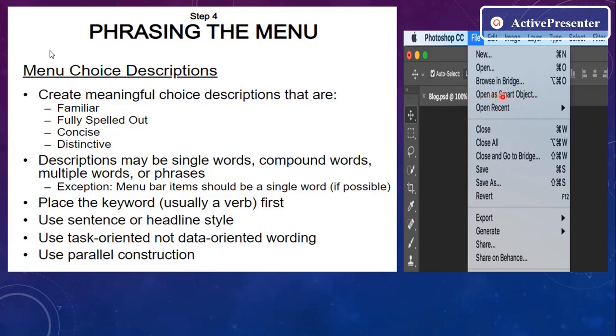You have open as smart object. This is a different sentence, you can say, or combination of words, and it is doing a different task. So it is very distinctive, is it? So create distinctive menu choices. And next we have